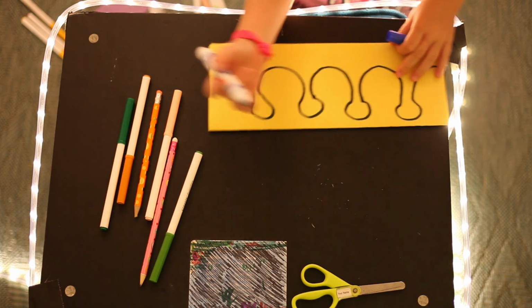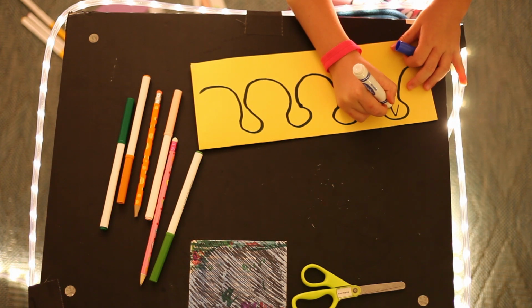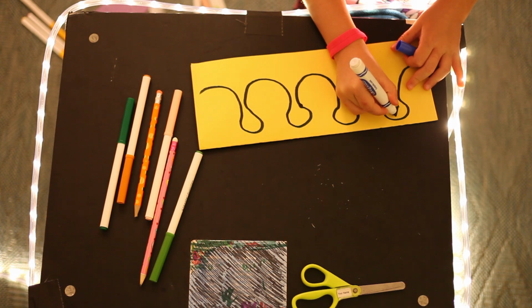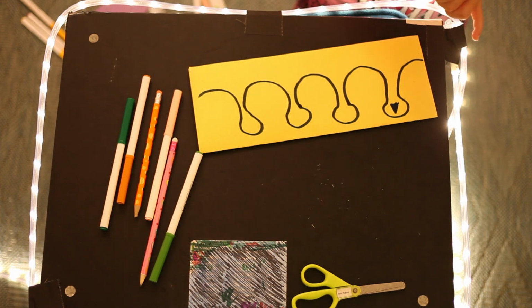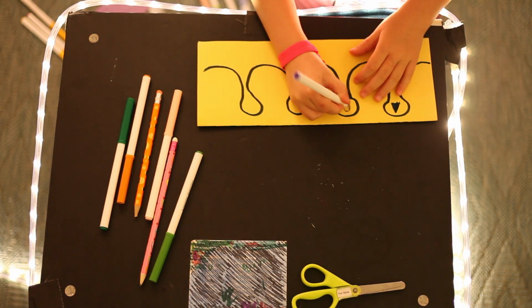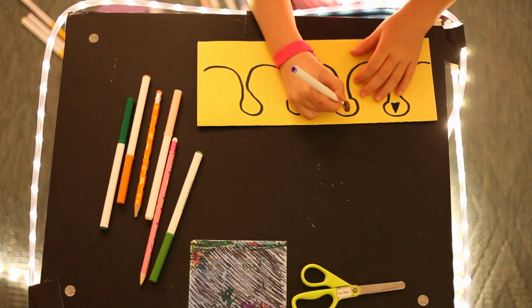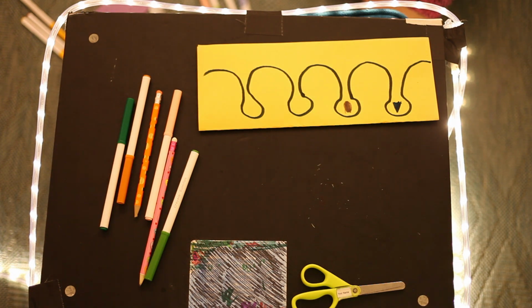So I'm going to draw a triangle right here, and it's going to be blue. And then you color that in, and that's one of your jewels. And next, you can do another color. For this, I'm going to use a lightish purple color. This is going to be a circle. But on yellow paper, it sort of turns out a bit gray, so maybe you shouldn't use purple, but it